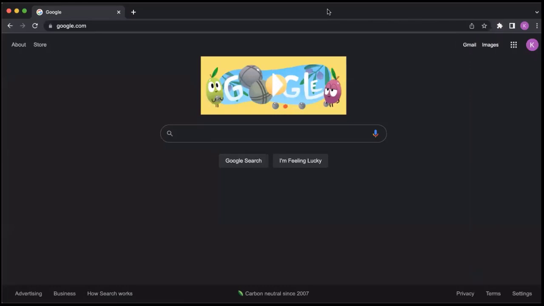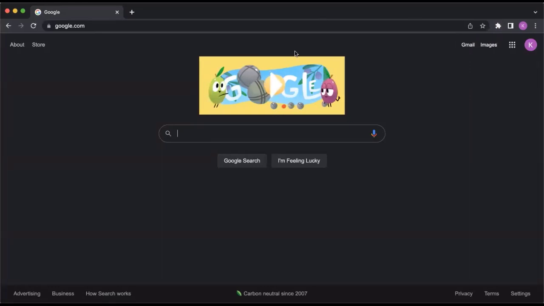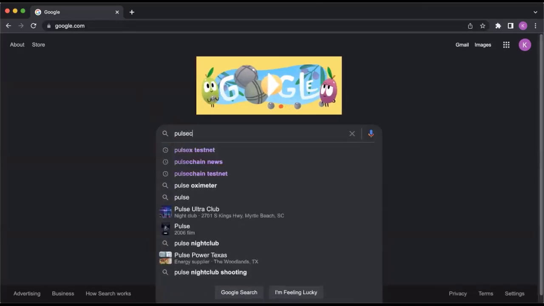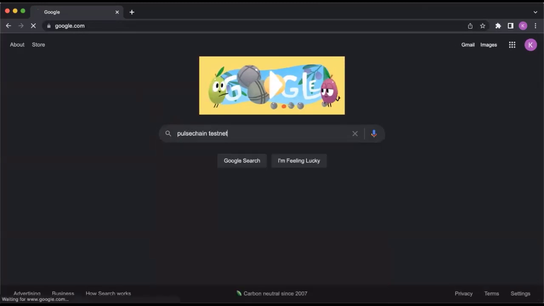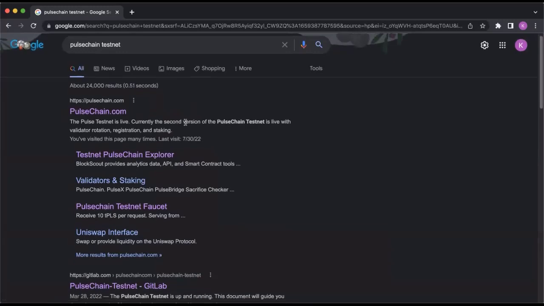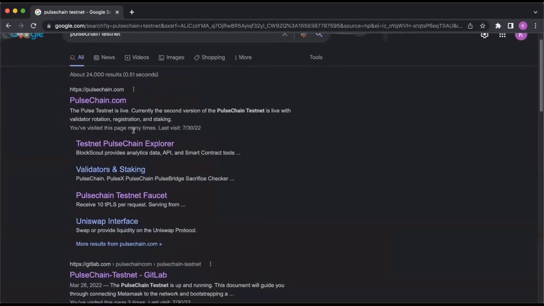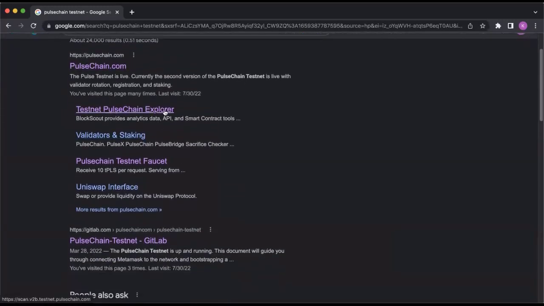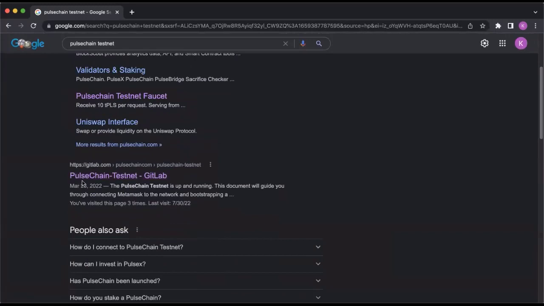Now, once that has been set up, the next thing we are going to do is type Pulsechain testnet right into Google. The first thing that's going to come up is pulsechain.com. We have the Pulsechain Explorer, validators and staking, Pulsechain testnet, Uniswap interface, etc. Now on the second one, we have